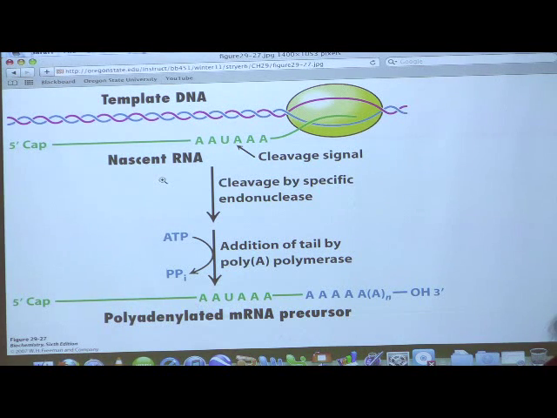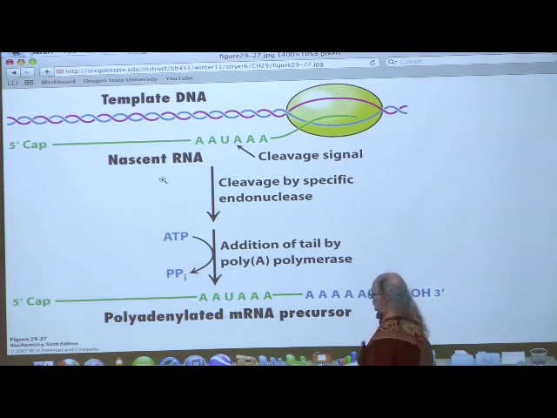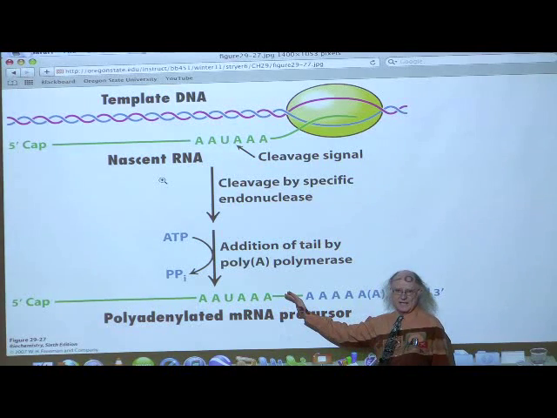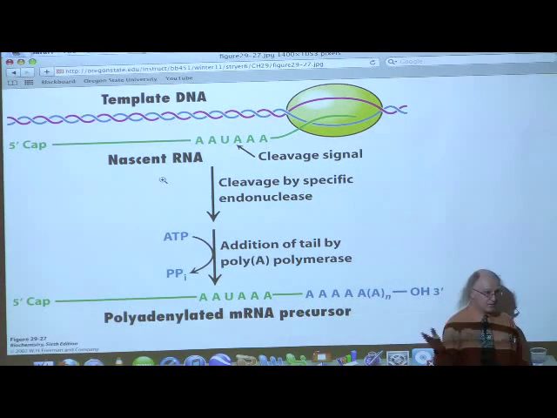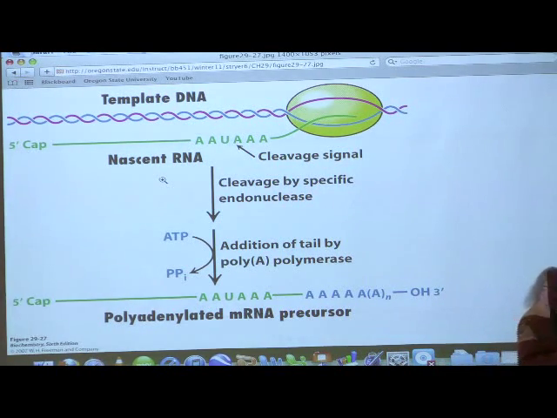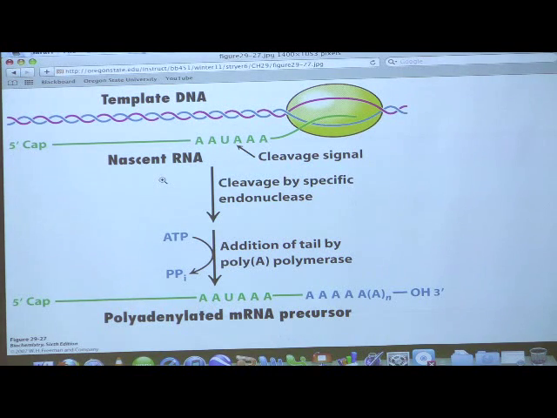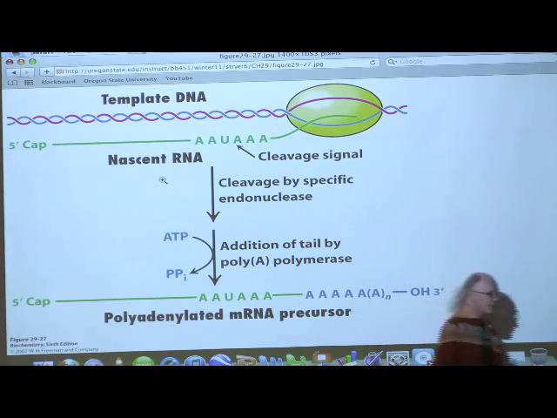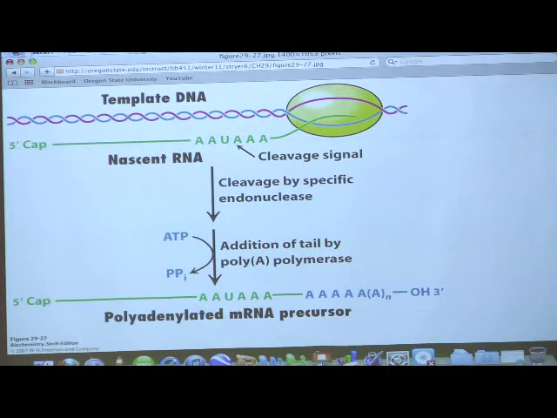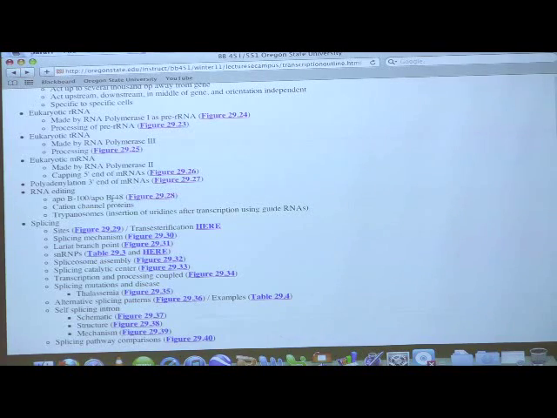As we'll see when we talk about translation, just like the cap plays a role in translation, so too does the poly-A sequence. If a nuclease chews all the way through the A's and there are no A's left, then this portion, which is part of the translational mechanism, isn't available. This messenger RNA isn't really going to be translated once those A's are gone. Somebody asked me last time about truncated proteins: will they be a problem? The answer is they're not made with any efficiency at all because of the lack of a poly-A sequence. Those are some modifications that happen to eukaryotic RNAs.